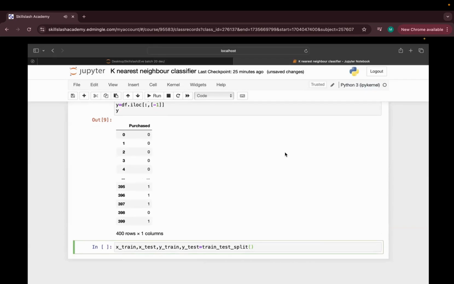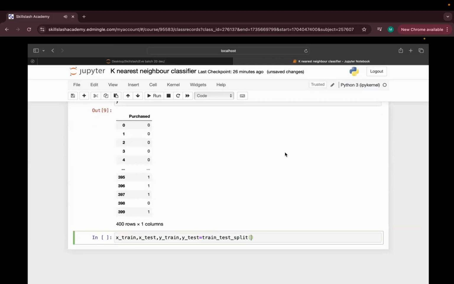Inside that, you have to mention both of the data sets, X and Y. X is the input data, Y is the target data. And then you have to mention your test size, which means how you want the data to be split, let's say 70-30%, 80-20%. So simply I am writing 0.3.